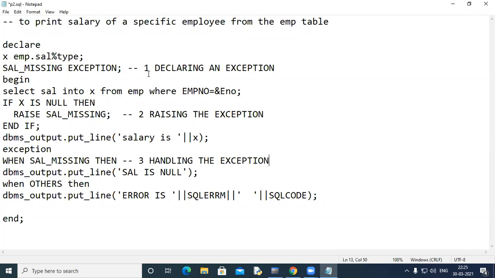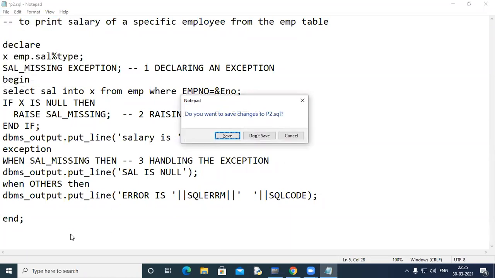The 1 and 2 are missing in case of predefined exceptions because they are raised automatically when some error occurs. But in case of user defined exceptions, you need to first declare it like this, then you must raise it like this, and then you must handle it like the usual WHEN THEN sort of thing. Okay, and let's see if everything is good with this.